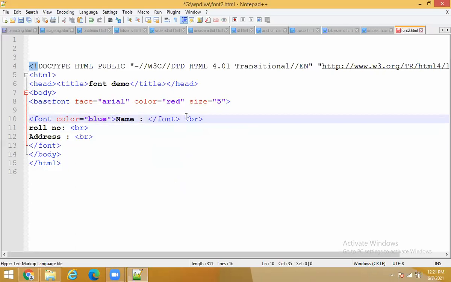BR means what? Break line. Break line means type the name and then go to the next line. Understood? That is why I'm using the break tag, because everything will come to the next line. If I forget to take the BR tag, what will happen? See here.